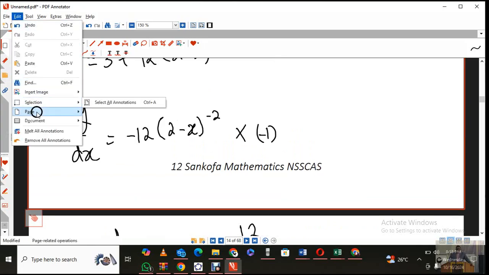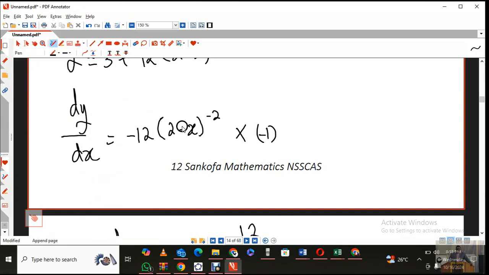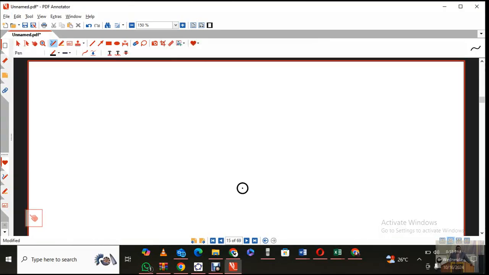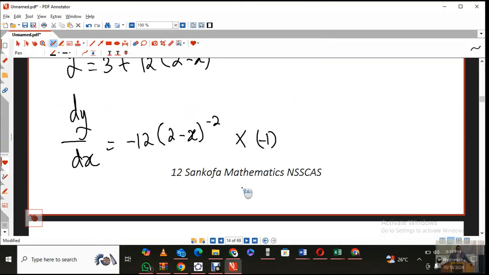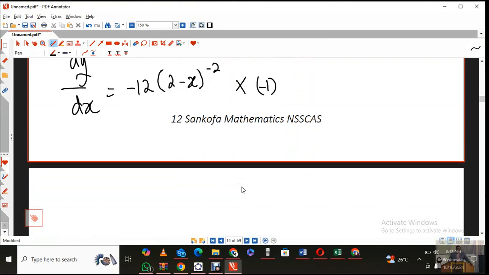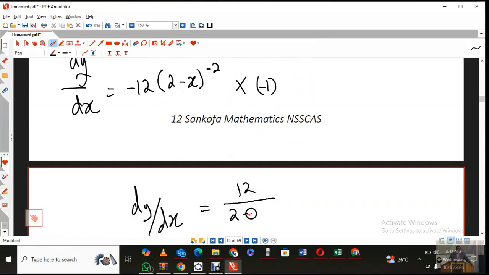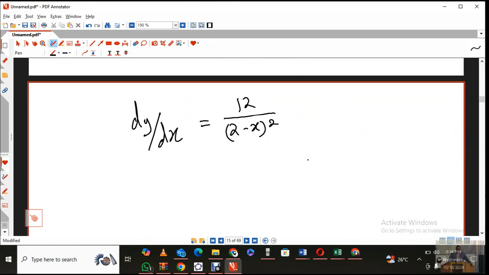Let's insert a page. So the stuff I was writing before, our dy dx is equal to 12 all over 2 minus x squared. Now, when x is equal to 6,